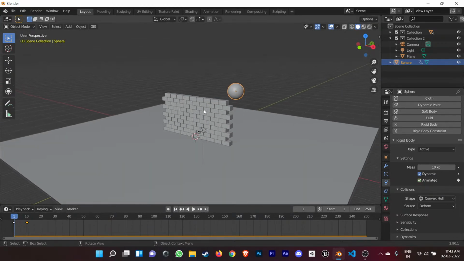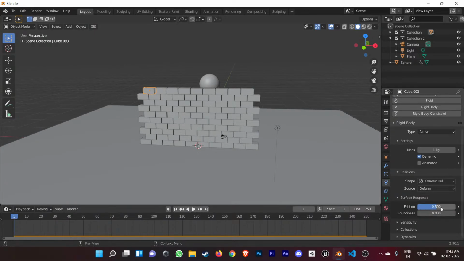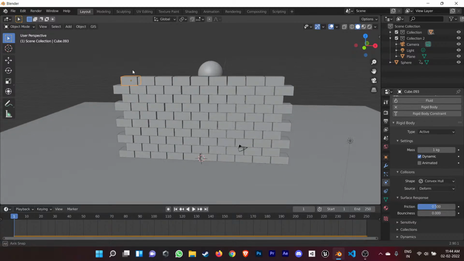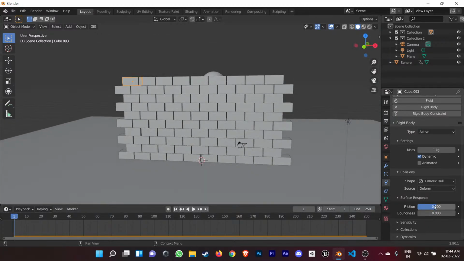For the friction, let's just say for the brick, and this is the friction thing. We can increase the friction too. Let's just, instead of doing the friction on the bricks, okay, you want the friction in the bricks, right? Yeah, you want friction in the bricks. So right now, if I change the friction in the brick, initially what we did was take this brick, apply the dynamic rigid body simulator, and apply everything to the other bricks. But if I change the friction right now for this block, let's just say I increase the friction,